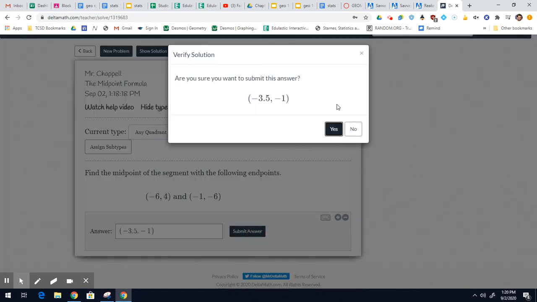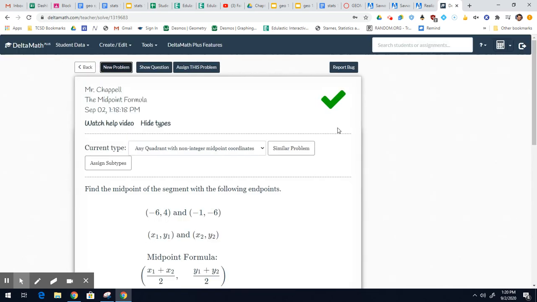Let's cross our fingers. Hopefully you did it right. Oh yeah, we did it right. Okay, so there's the first 2 problems. The next 2 problems are coming in the